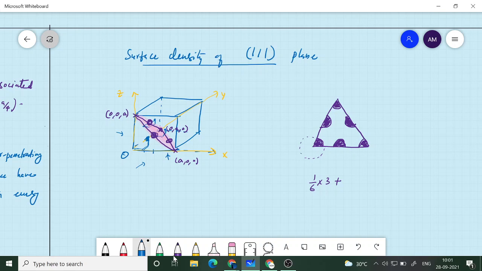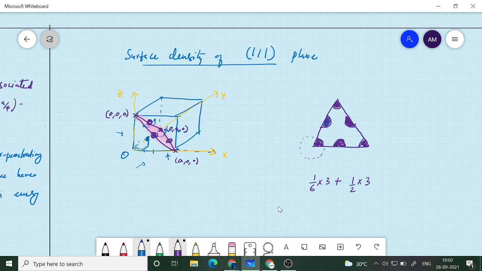So from the left, from the front, as well as from the bottom, the 4 atoms which are coming: one is from the corner, so that will be on the left side of this plane, and the 3 surface atoms will all go to the right side of the plane. So they will not be on the plane. Only the things which are on the plane are this corner atom and these edge atoms. Edge atoms contribute 1/2, and there are also 3 of them.